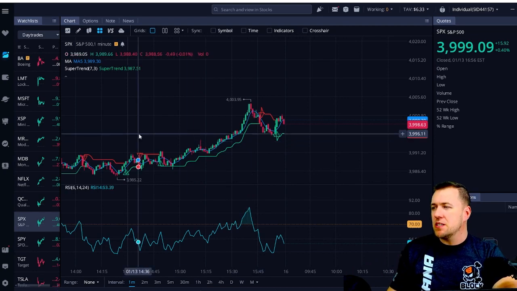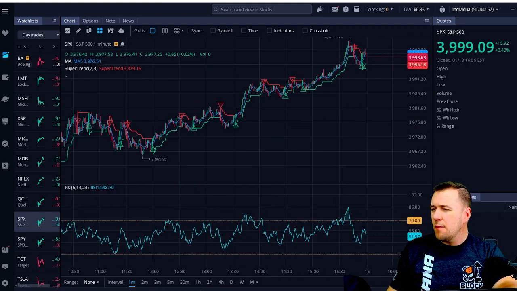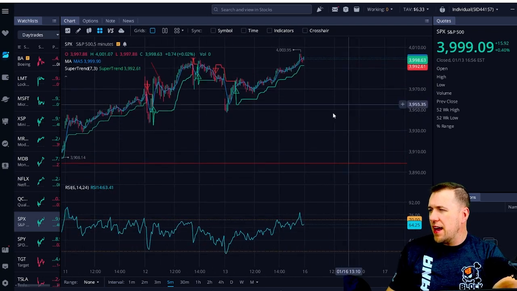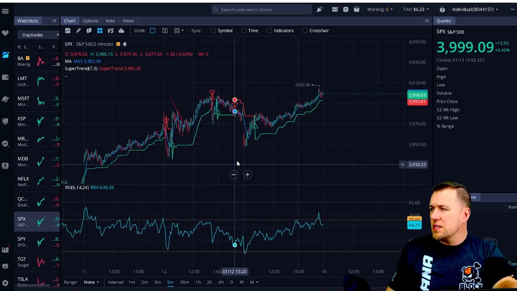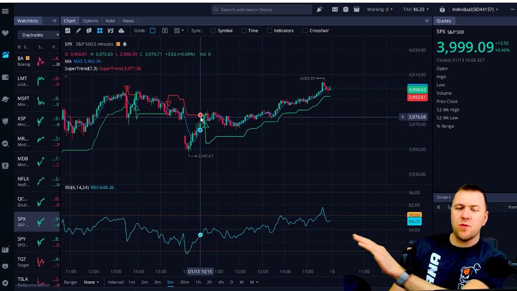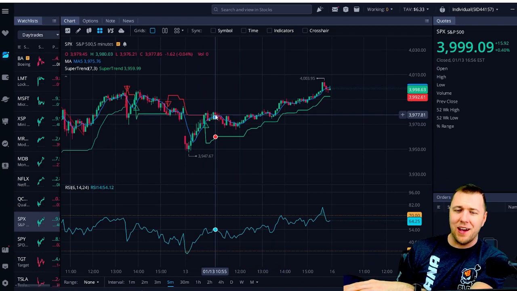Patience matters, because all day we saw a move. I'm just going to zoom out here to the 5-minute chart so that we can see what we've got happening. We're going to go back here. We're going to see that we had a lot of consolidation throughout the day. And this right here will absolutely destroy your contract premium.